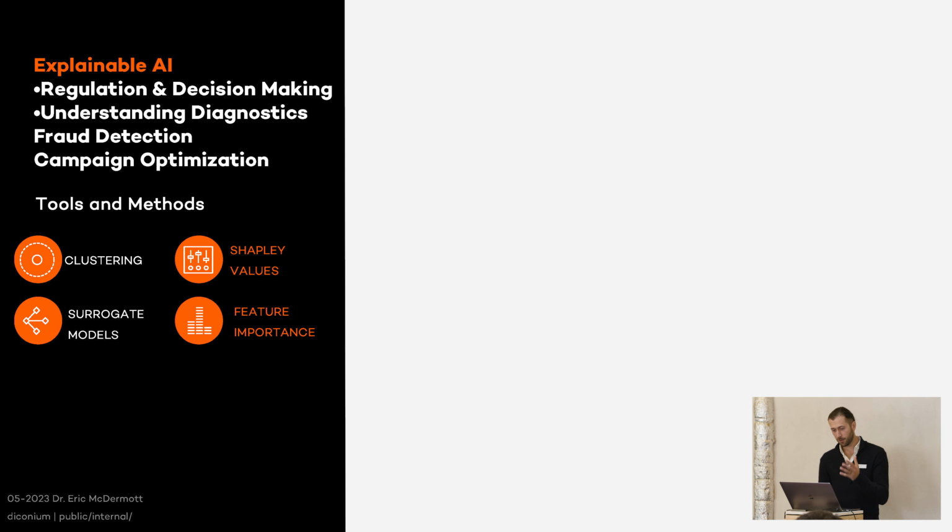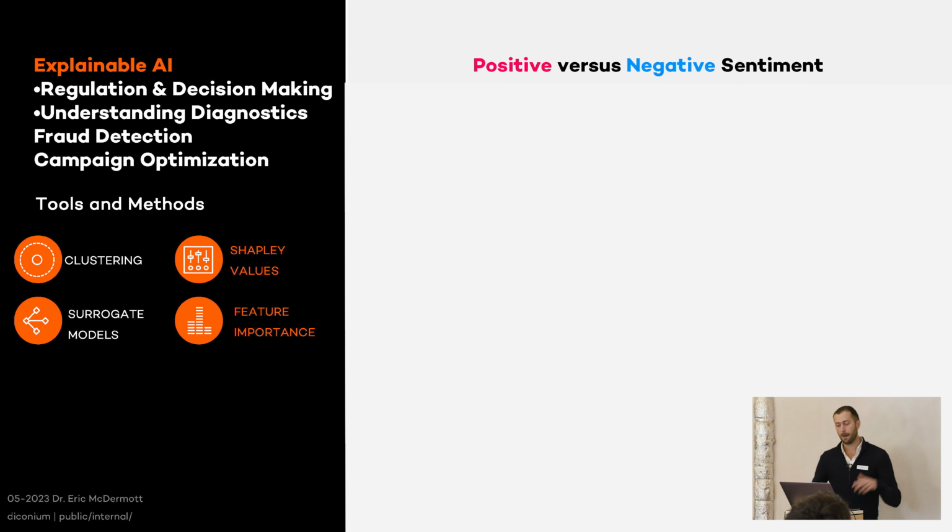So as you may remember, as I said, one of the main reasons to do this would be to boost our understanding about what's happening with this model behind the scenes. So we need to know why things are being classified as they are sometimes. To show this to you, I want to look at a sentiment analysis. So let's look at positive versus negative sentiment. It's a pretty, let's say, easy classification. Is this sentence positive or negative?